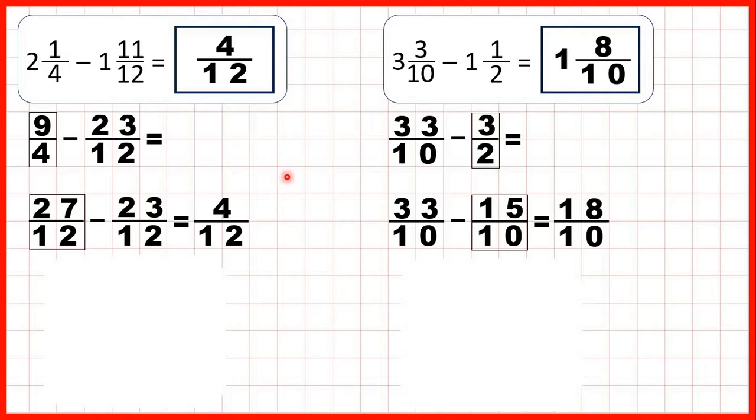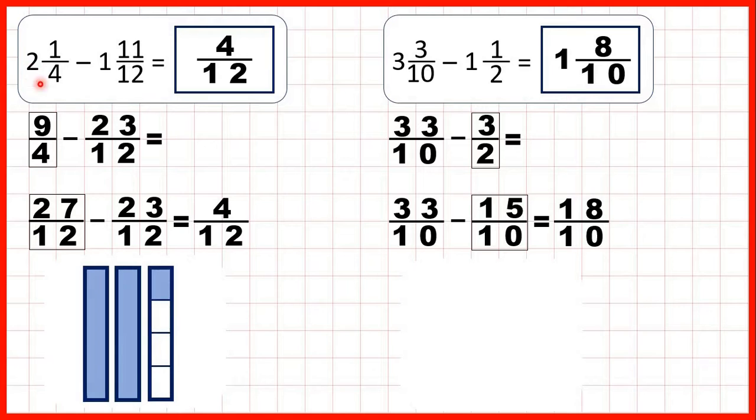So let's show fraction bars to see what we did here. For this first question, we started with 2 and 1/4. We changed that into an improper fraction, so we got 9/4. But we were subtracting twelfths, so we changed those 9/4 into 27/12. Then we could subtract 23 of those twelfths to leave us with just the 4/12 left in blue